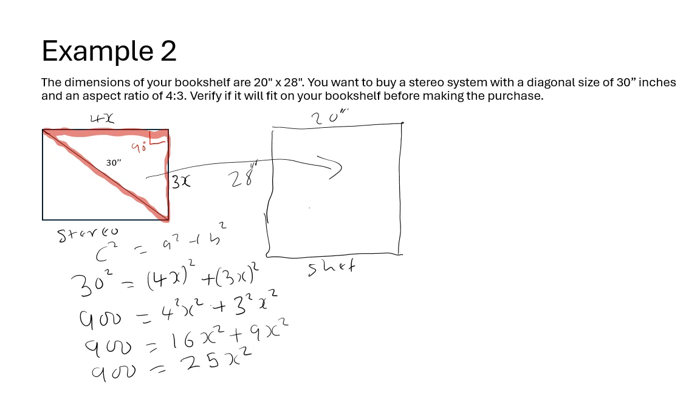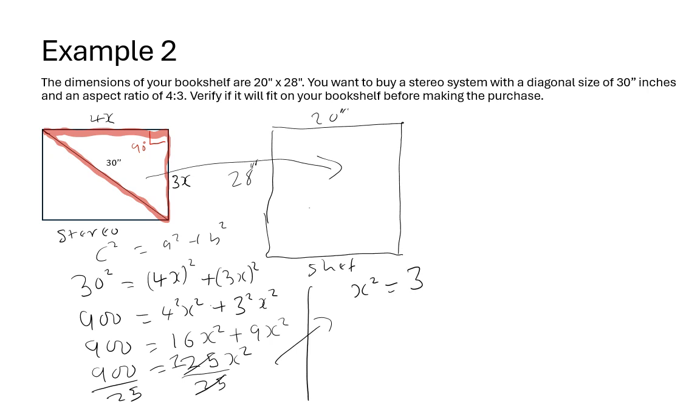Now we want to find x, so we divide both sides by 25. 25 goes into 25 one time, so we end up with x squared equal to 900 divided by 25,